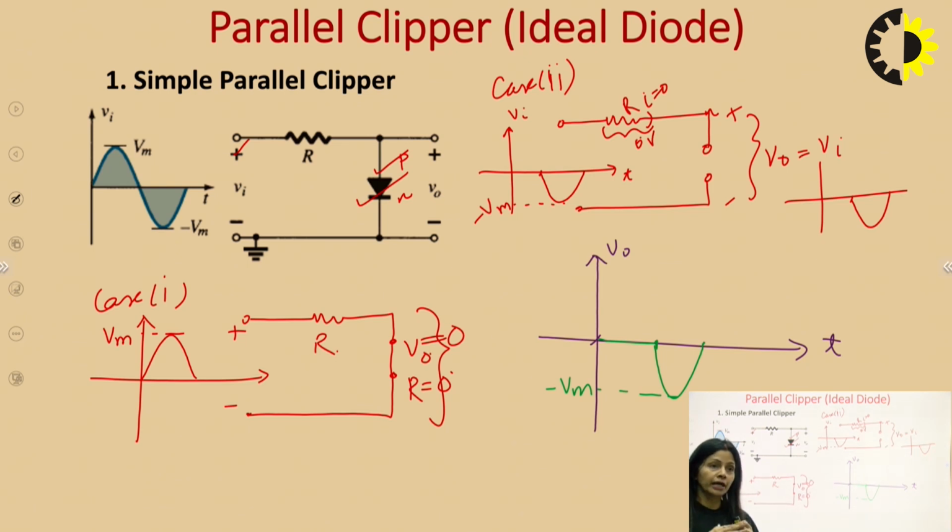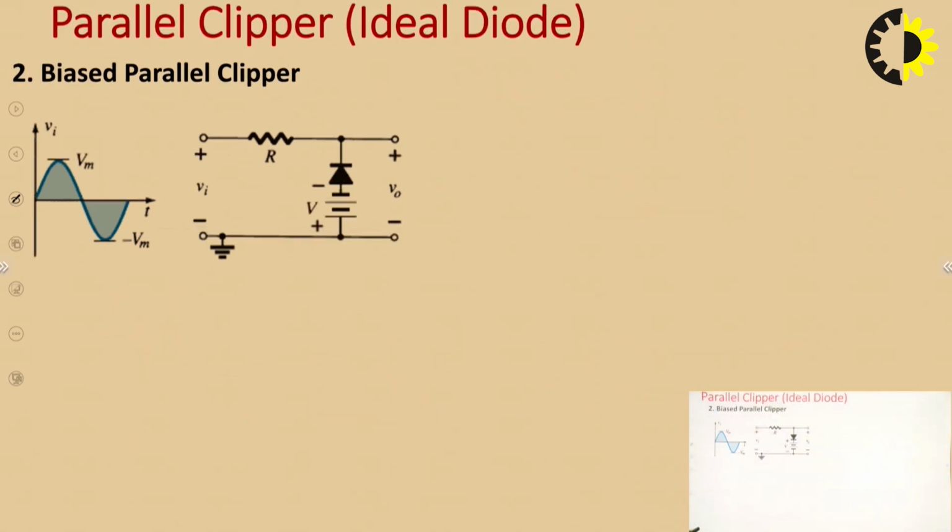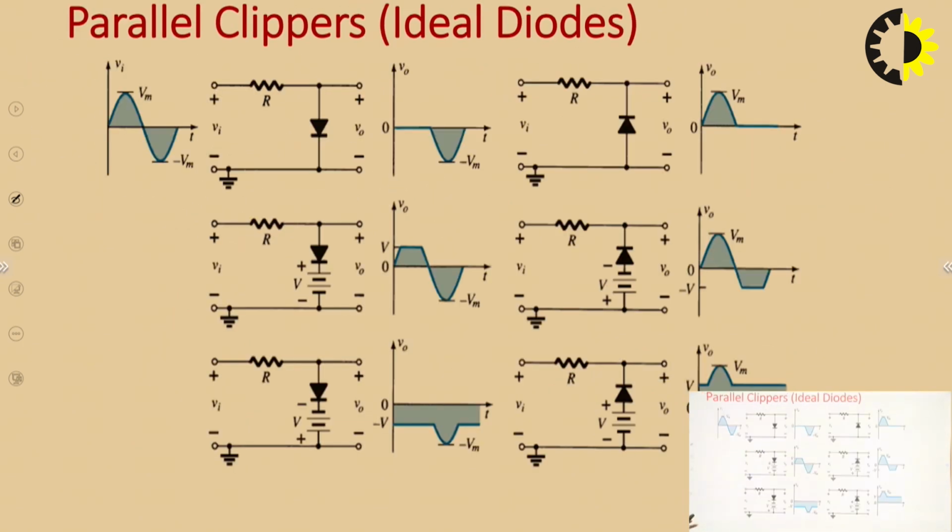Similarly, for a germanium diode, it will be forward biased when the voltage across the germanium diode is equal to 0.3 volts or greater than 0.3 volts, right. So do these numericals with silicon diodes and germanium diodes too, and then get the output and compare how the voltages are appearing across the diode, and how you are clipping the various portions of the waveform according to the circuit conditions, right. So there are bias clippers too, but